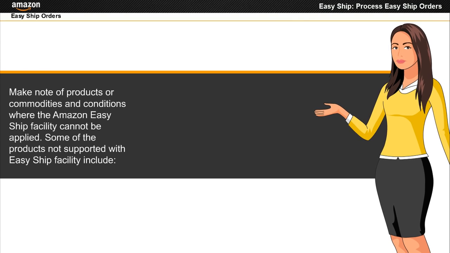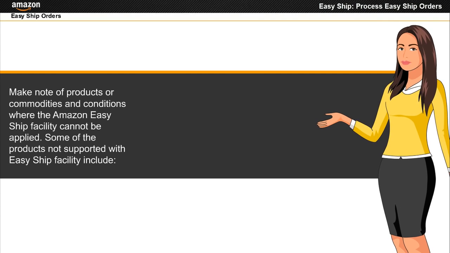Make note of products or commodities and conditions where the Amazon Easy Ship facility cannot be applied.